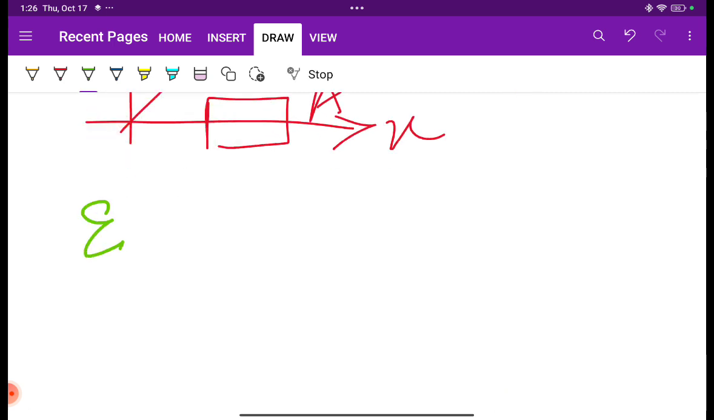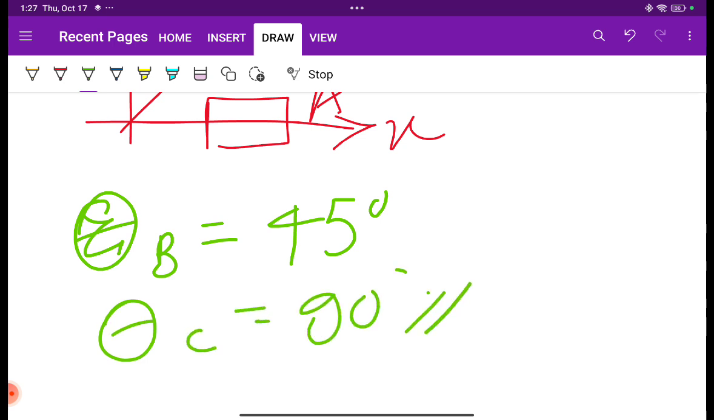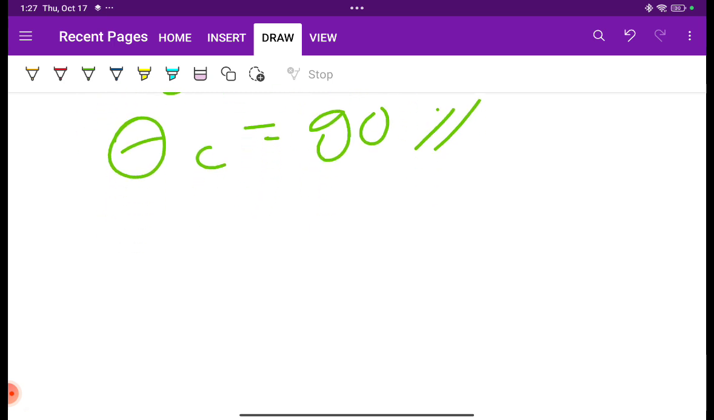And we know that theta B is at 45 degrees. In the rectangular strain rosette, we place sigma B at theta 45 and theta C at 90 degrees. So what happened is, sigma B from our general formula